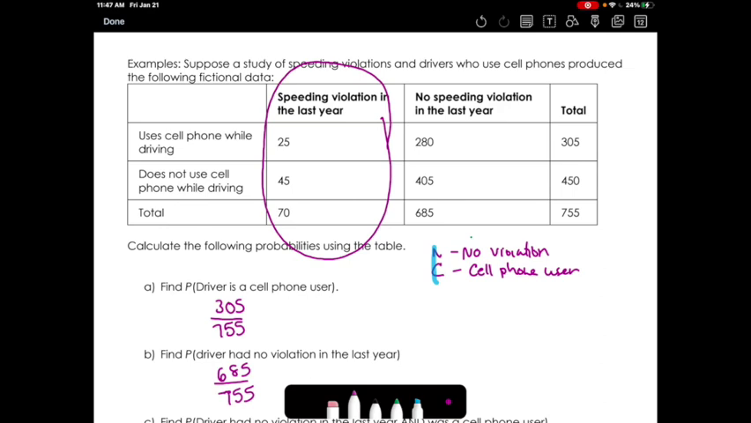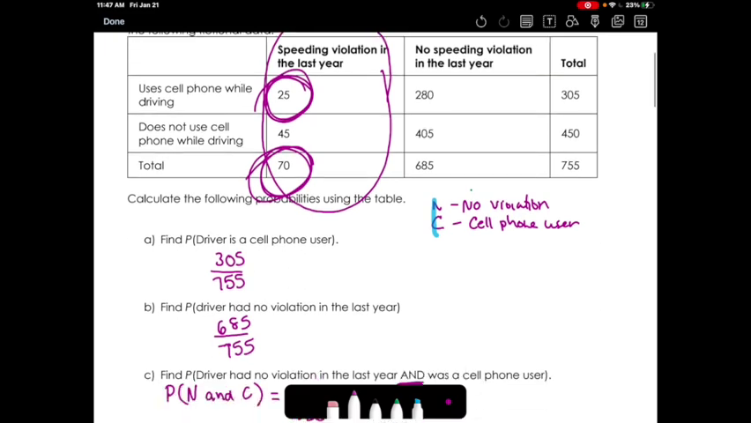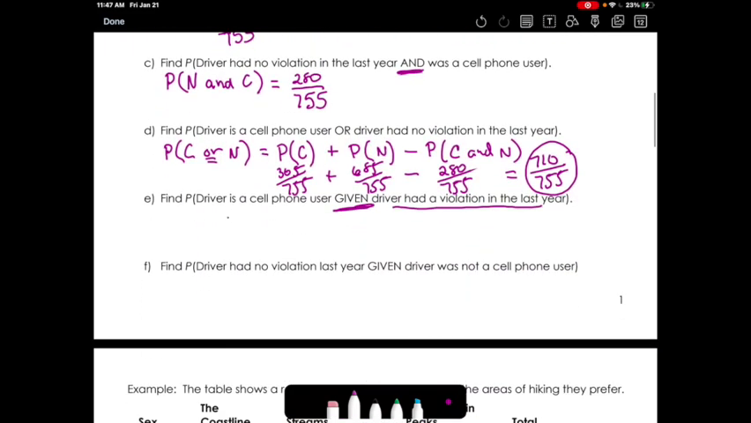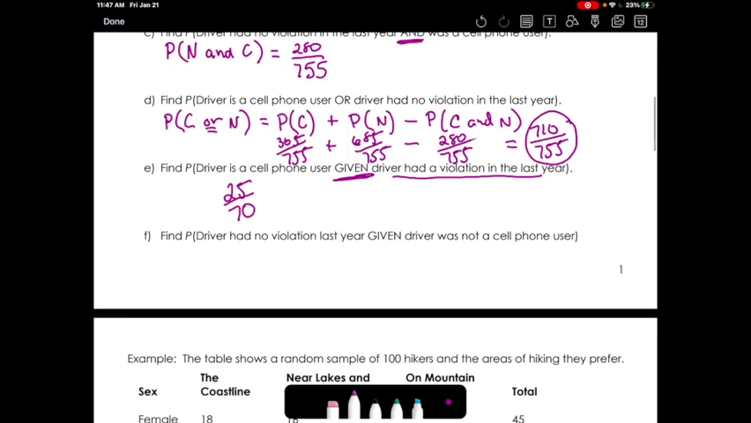We don't need to look at the people that didn't get a violation, because we know in the problem it was given to us that the person did get a violation. So that's narrowing down to a specific subgroup. So we want to look to see how many people got a speeding violation that was using a cell phone. Okay, so that would be this group right here, the 25 out of 70. So the probability that a driver used a cell phone, given that they did have a violation, is 25 out